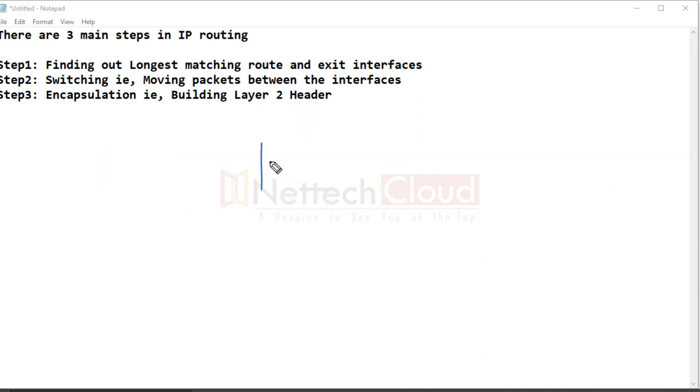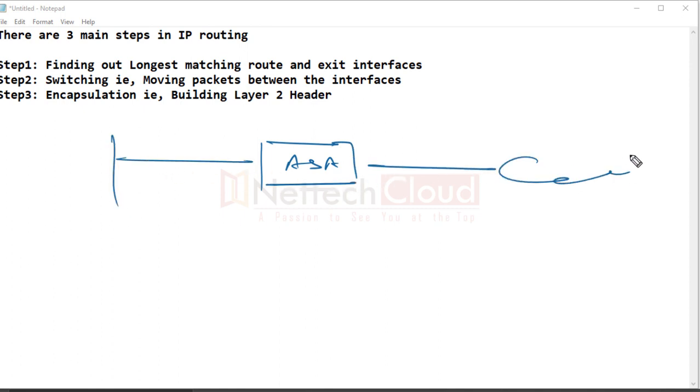Because with the Cisco ASA firewall, Adaptive Security Appliance firewall, when we configure it, apart from assigning an IP address to the interfaces, we also assign a security level.